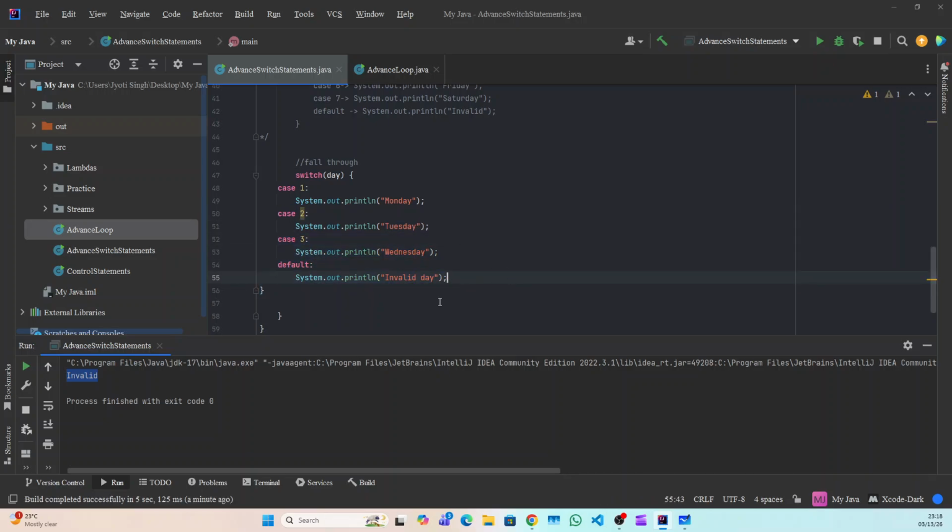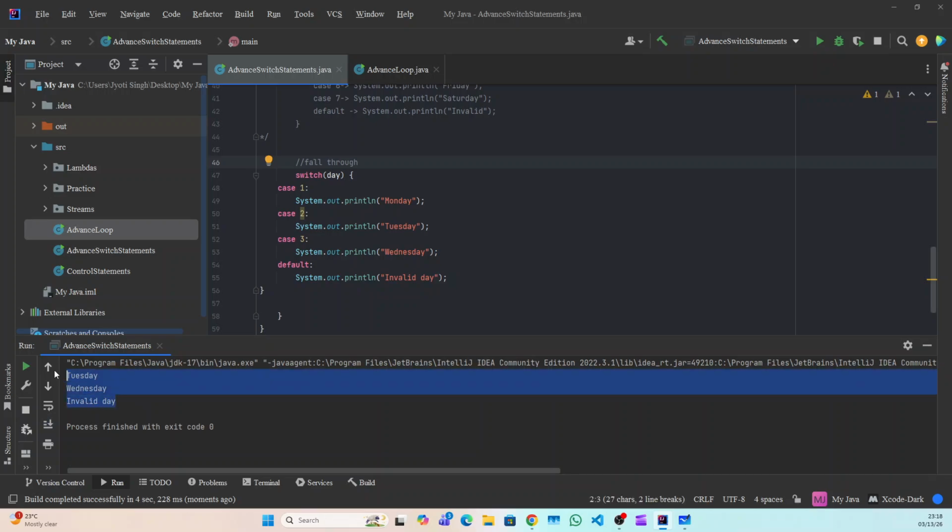Tuesday, Wednesday, and invalid day. These 3 outputs should be there. Let me start and check. As you can see, Tuesday, Wednesday, and invalid day, because the program is not exiting. With the help of break, the program will exit from the current statement. So that's how in the basic switch statement, or you can say in the old switch statement, fall through is